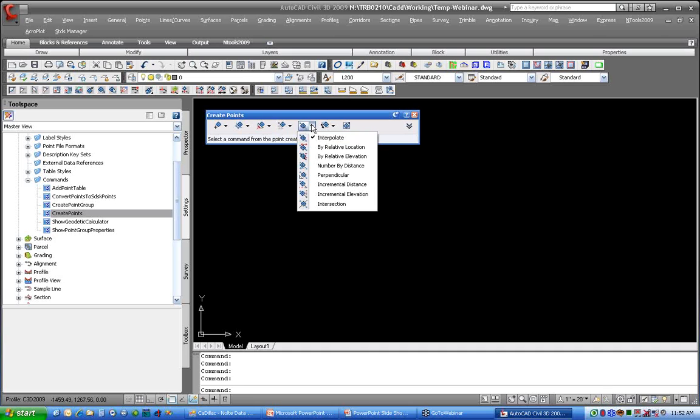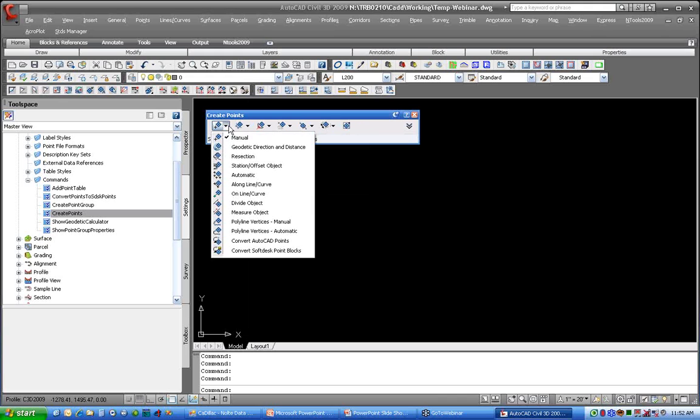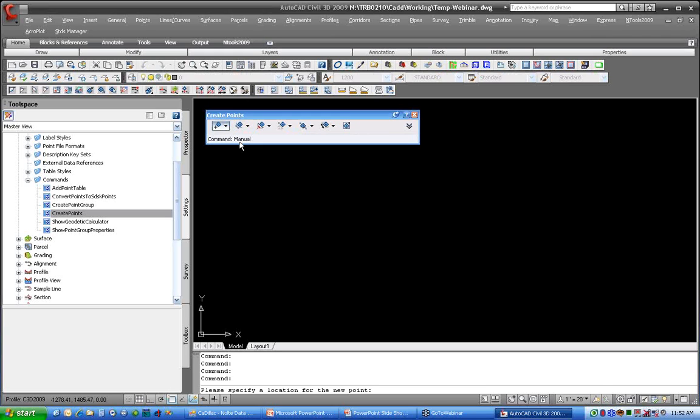And moving our way across, we've got the point interpolation commands. Last menu here are some point grading commands where I can calculate high point, low point, or elevations by slope and grade. And then the final button on here brings up our import command, which I'll do a little bit later. So I'm going to come over here and I just want to make sure I'm using the manual command